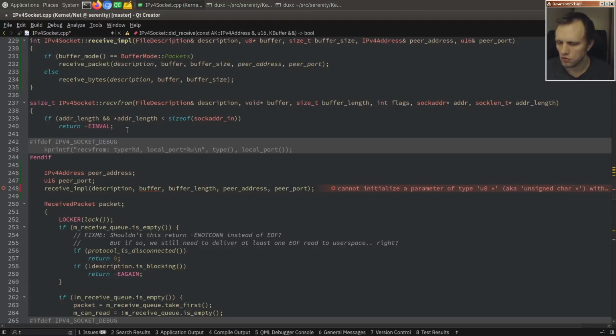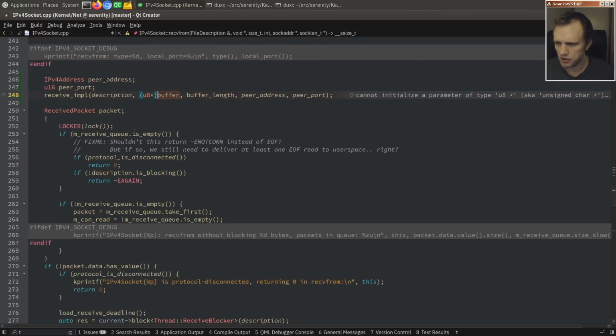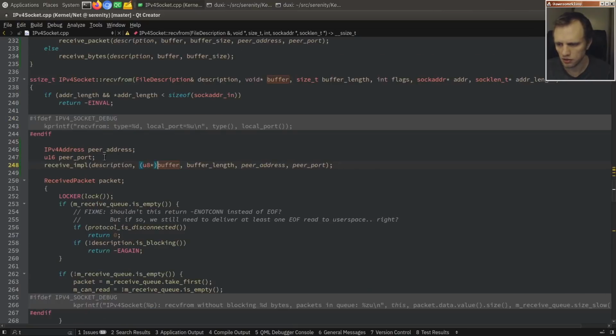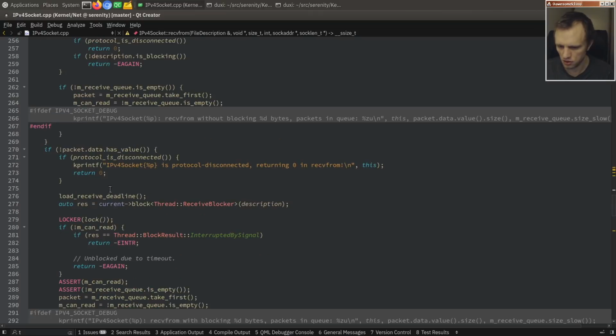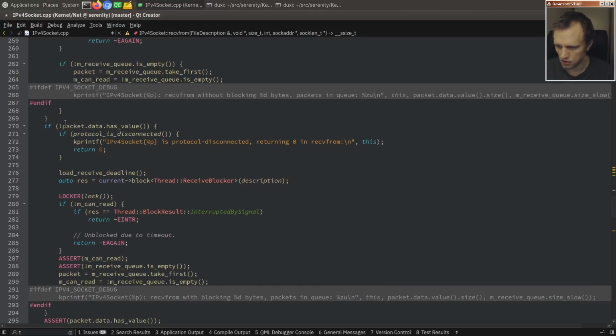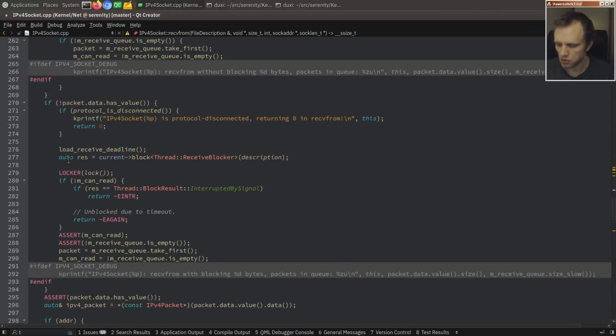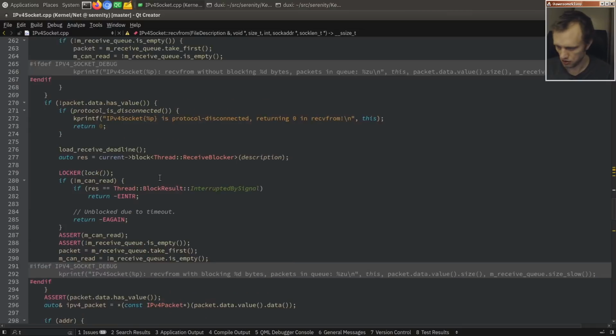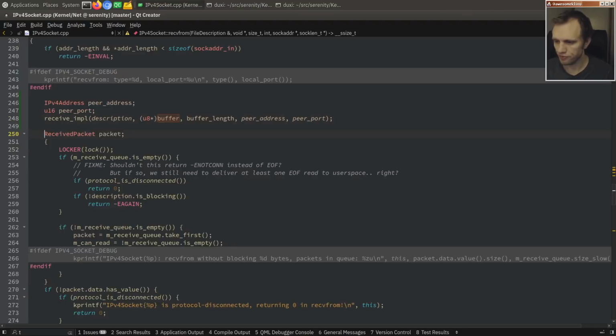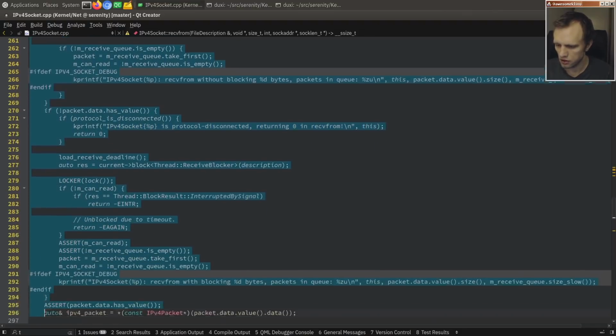So let's see. Maybe this is a bit simpler actually than I thought, because if we know that in byte buffering mode we just have bytes or we don't have bytes, and then we can just block, get some bytes, and then we have the bytes. So all of this stuff right here